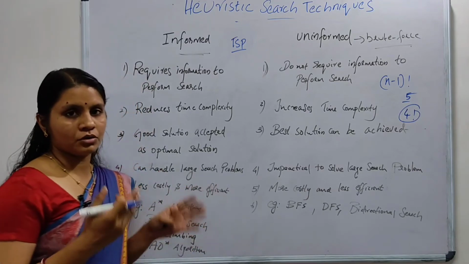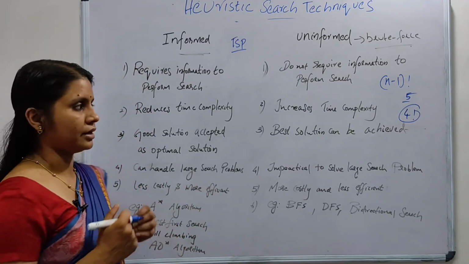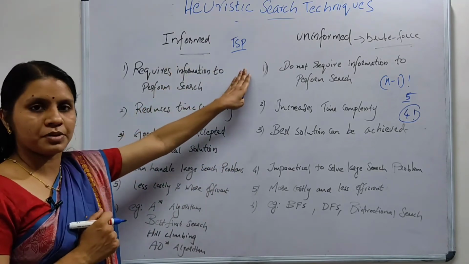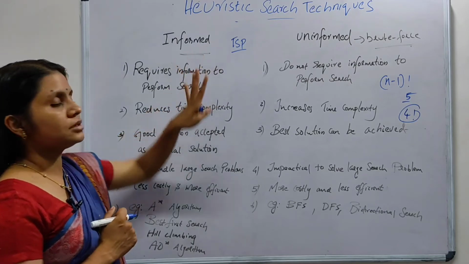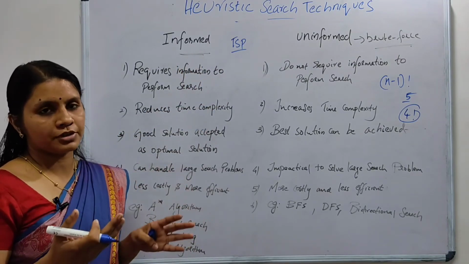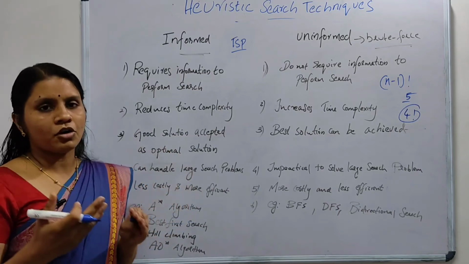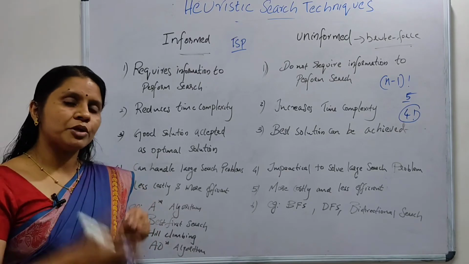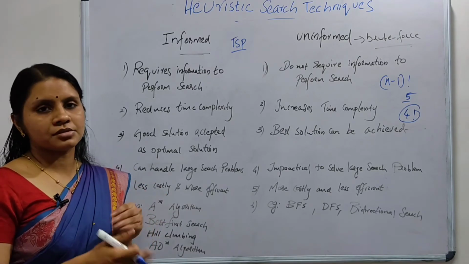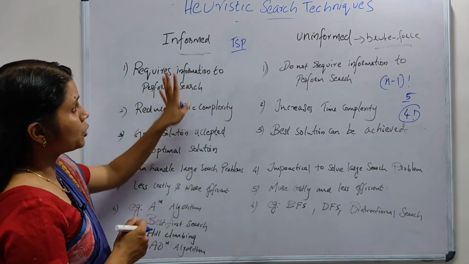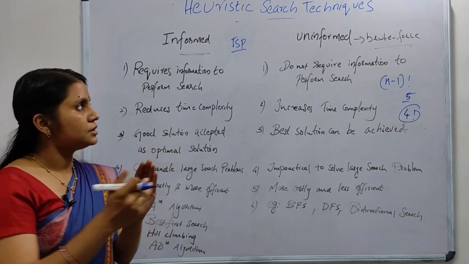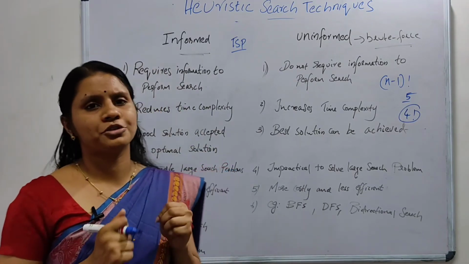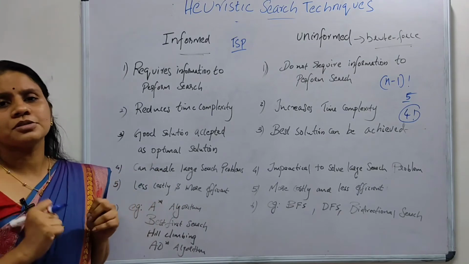This may not be a good technique. If you apply informed search to TSP, you are applying some heuristic function. That is, you are providing some knowledge about the neighboring cities to the traveling salesman problem. Thereby you can reduce the time complexity and space complexity. This heuristic method just provides an approximate solution to the problem.